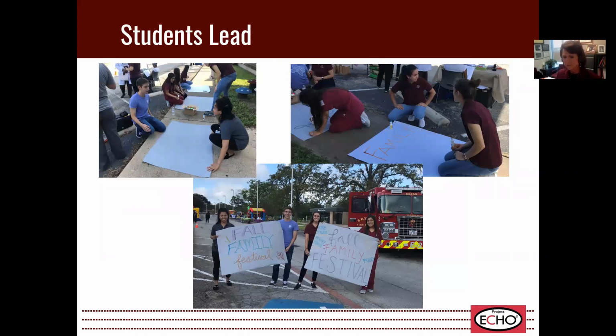So the facilitators and liaisons of the faculty, we started talking with our students about the given situation, and the students started reaching out for materials like poster boards and markers and things like that. They got some of these things from WIC, and they're like, let's go make signs. Let's go make signs so we can go hold them out by the street and start to attract people. And so you can see the students leading, they're making the signs, kind of just shows the transfer of this activity. And then at the end, they have two great signs, and these are students from different disciplines out there standing on the side of the road trying to attract people to come to our event.